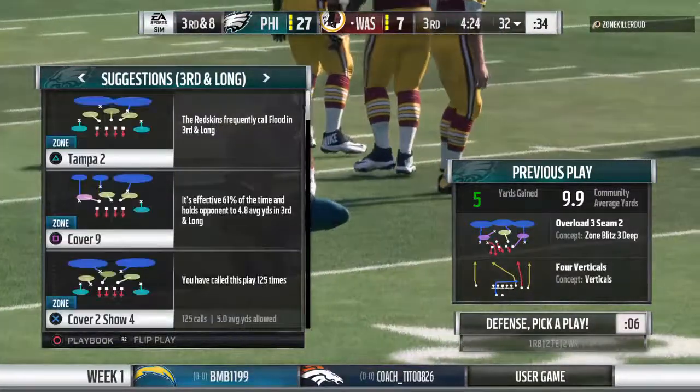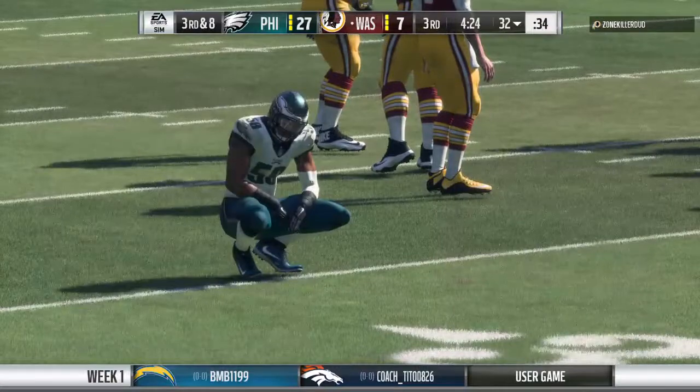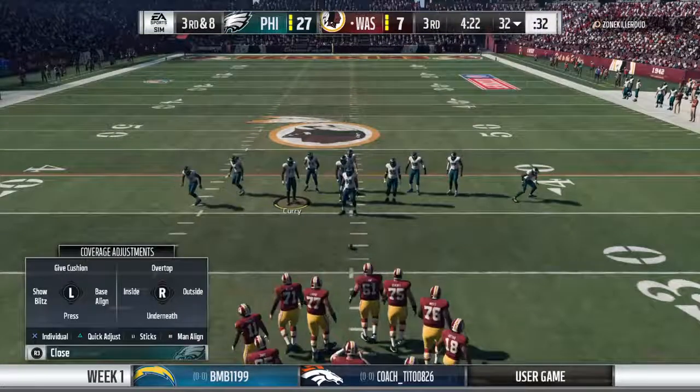So many times we hear quarterbacks and offensive coordinators talk about in your progressions, you either throw